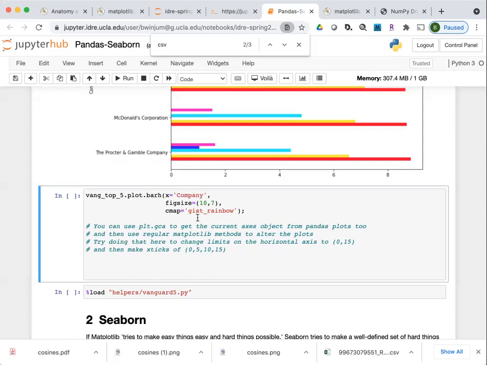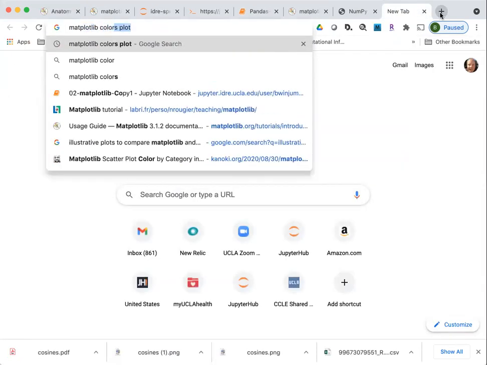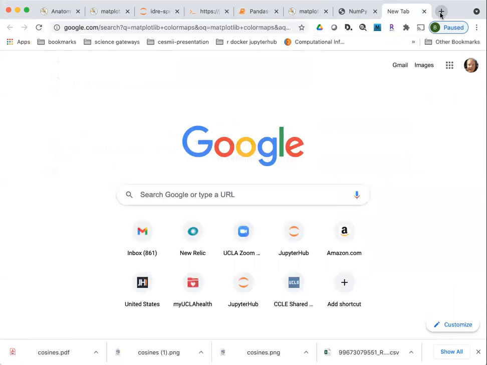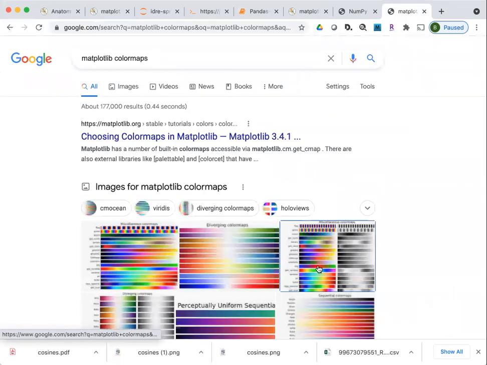What does just mean? This is just a specification for a whole range of default color maps that are available inside of pandas and inside of matplotlib.